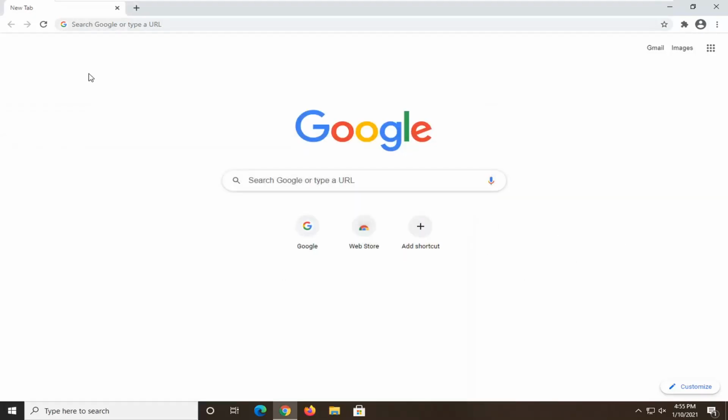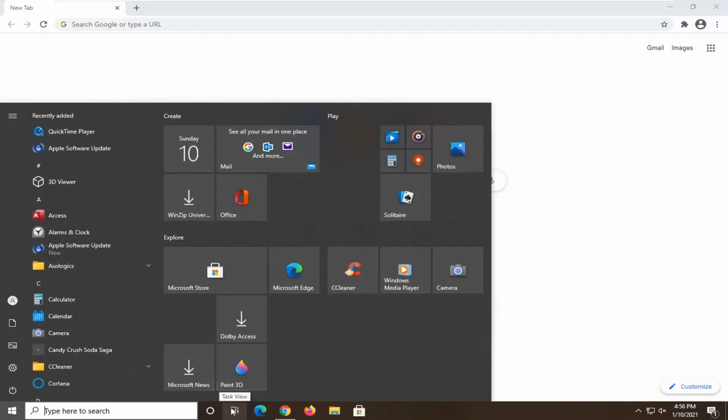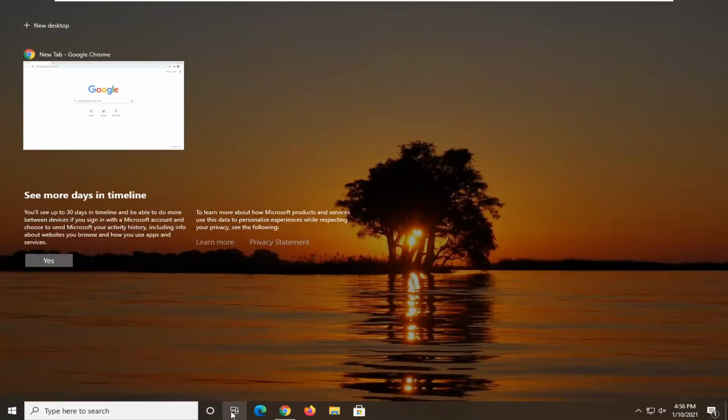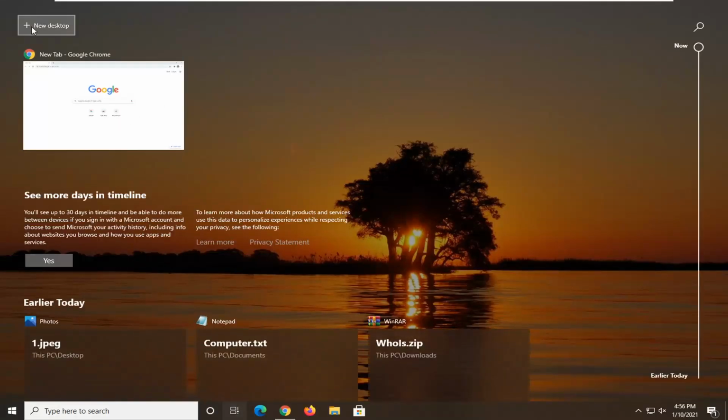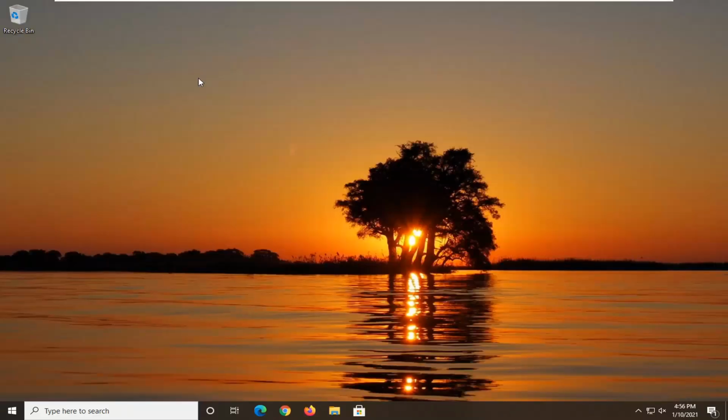So let's just say, for example, Google Chrome is the application we're having a problem with. All you have to do is tap the Windows key on your keyboard and then select the Task View button next to the Cortana search bar. So go ahead and just left click on that. And then you want to select plus New Desktop and go ahead and launch a second desktop here. And now right click on the taskbar, select Task Manager,